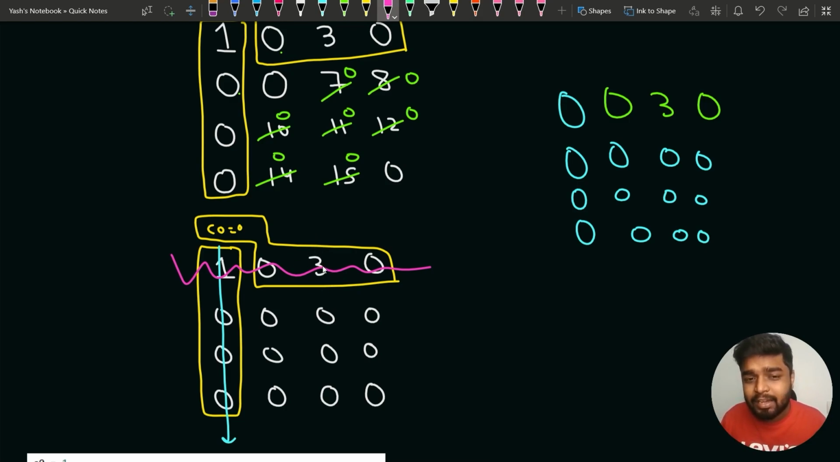This element 3 does not have any relationship with the 0th column. This element belongs to which row and which column? It belongs to the 0th row and the second column. So you can identify that the second column has this element 3, you can see here, and the 0th row has the element 1. So this element 3 should be there. It should never become 0. So that is why